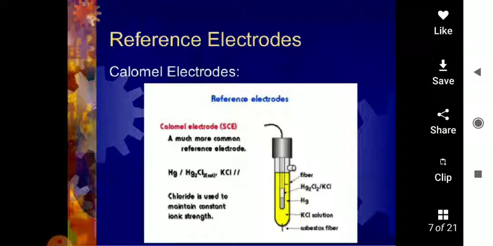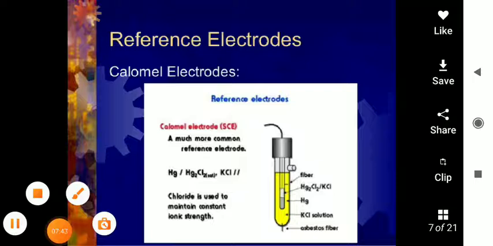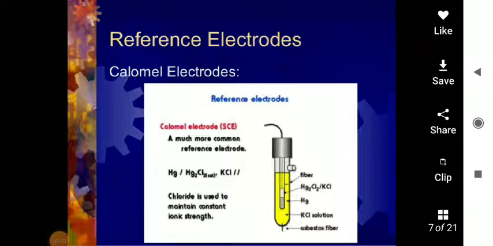Now along with this there is also another electrode that we call a reference electrode, the second reference electrode, the calomel electrode. Now students, calomel, the name indicates mercury, or you can say mercurous chloride. The calomel electrode is also a standard, like the standard hydrogen electrode, which we call a reference electrode, and its construction and notation we have shown in the figure.